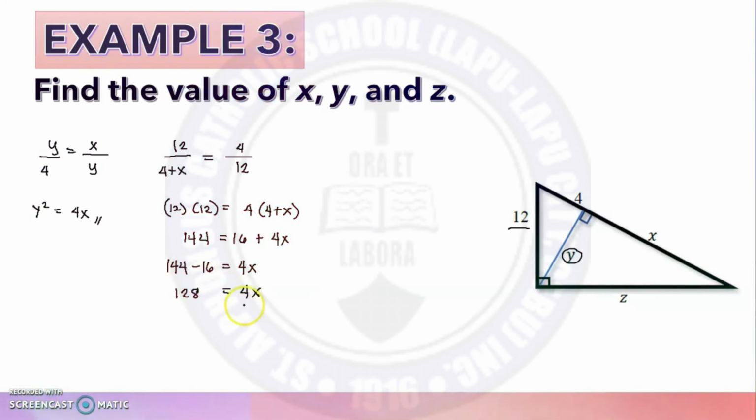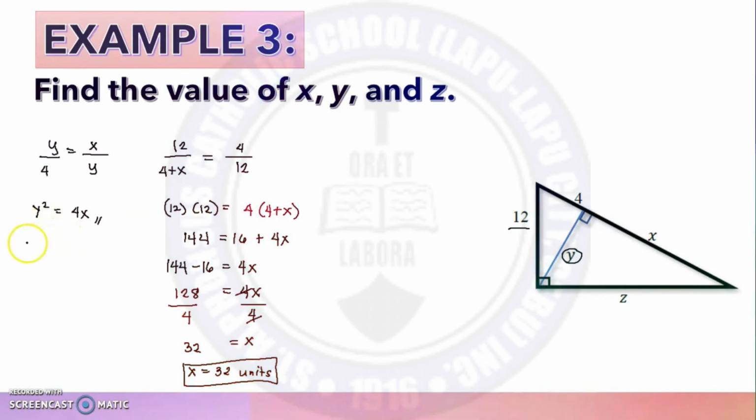And we will get rid of 4 by dividing it. So 4x divided by 4 and 128 divided by 4. Cancel out 4, and that will become x equals 32. We will write it as x equals 32 units. And since we already got the value of x, we can get back to this problem, class, which is y